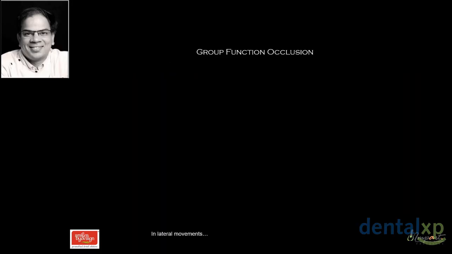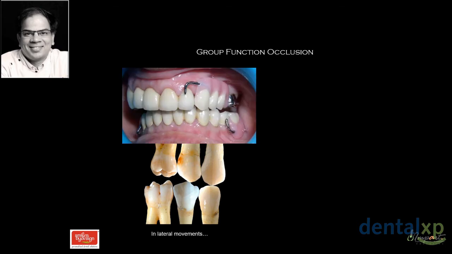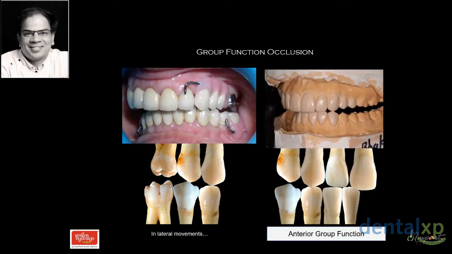The second concept is the concept of group function occlusion, in which during lateral excursions, the brunt of lateral excursion is taken care of by the canines and the first premolar, sometimes the second premolar, and sometimes the lateral incisor. In that case, we end up calling it the anterior group function. So the goal here is to allow the patient to close into MIP, and then when the patient slides in right and left lateral excursion, this group of teeth should come in contact and save all the other teeth from excessive wear. Of course, the group function is recommended when the canine itself is either missing or is permanently compromised and not good enough to take the brunt of occlusion by itself in the lateral direction.